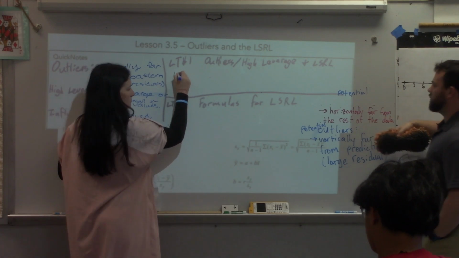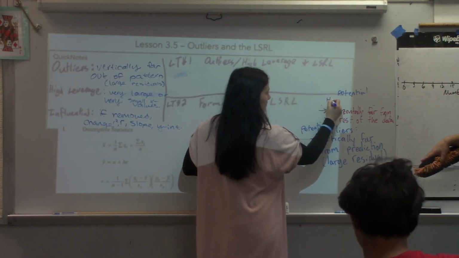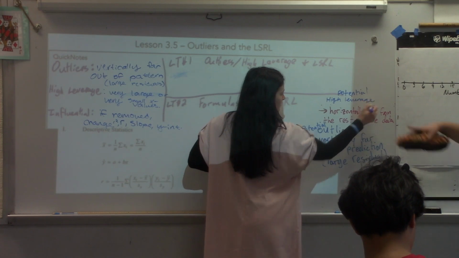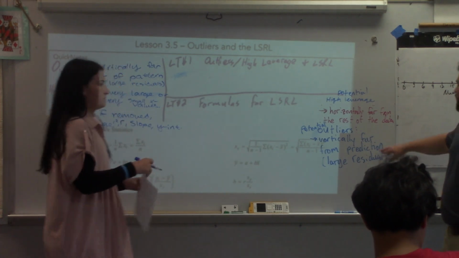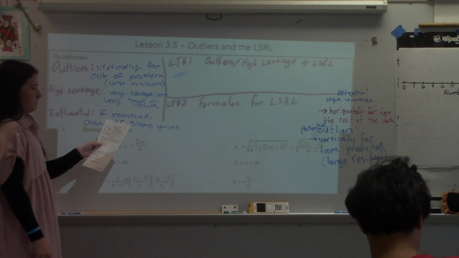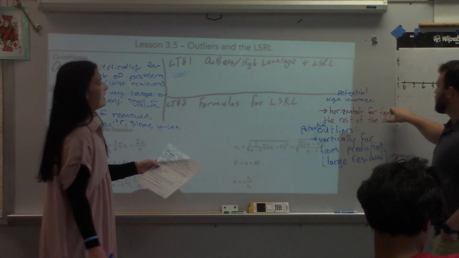So here, these go in learning target 1. Are we saying this is high leverage? Yes. That's also, I think, influential. Well, so these are here, right, but it's how they affect the least squares regression line. Oh yeah, I was going to say, because high leverage points mostly